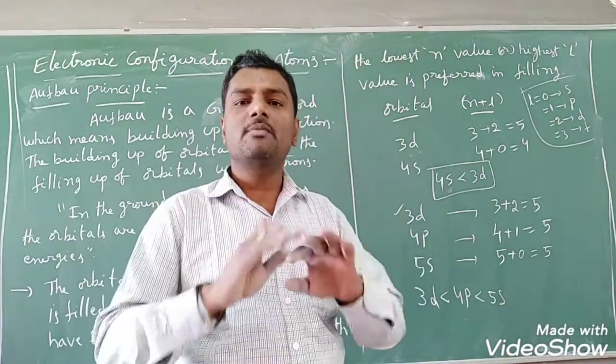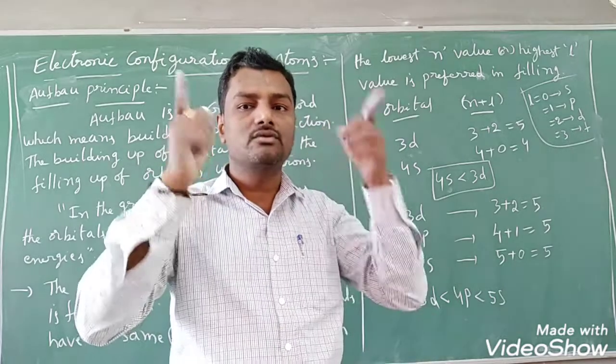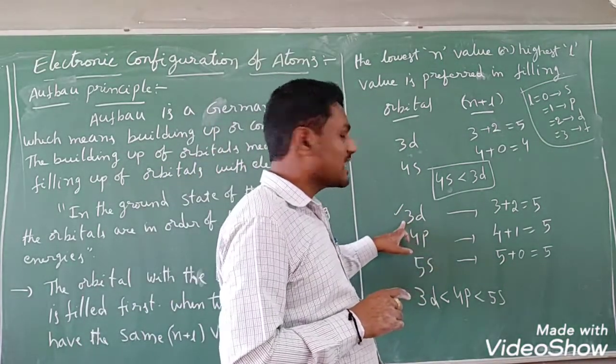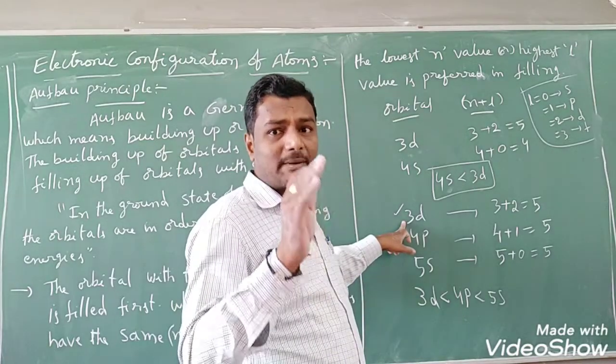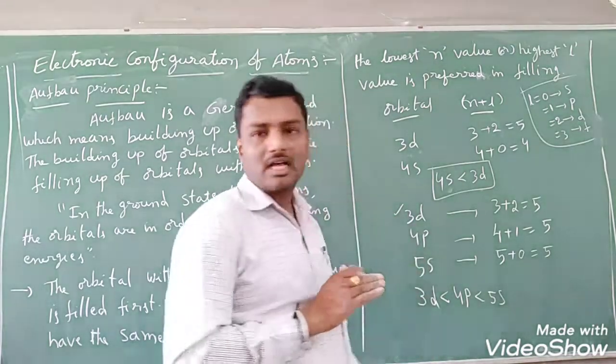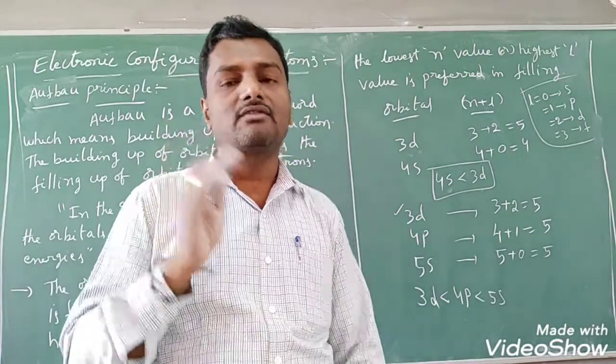By observing two, you may get confused. So first, among all these 3 orbitals, you have to choose only the principal quantum number, the one having the lowest principal quantum number. That orbital you should fill first. Then only the next orbital you have to fill, students. That you have to keep in your mind.